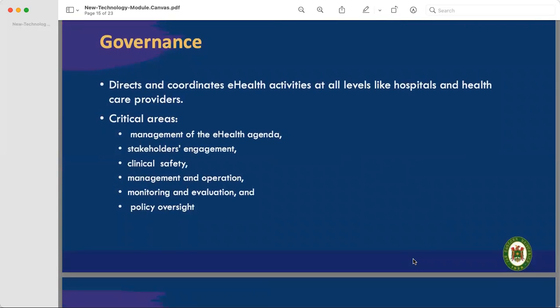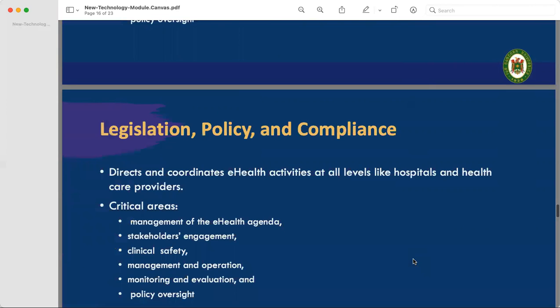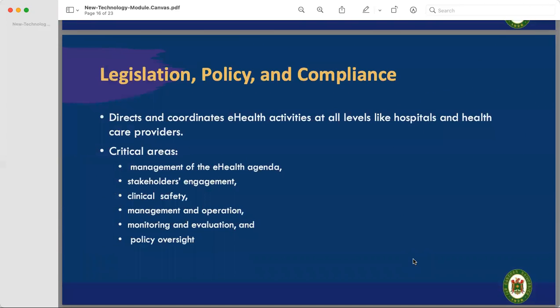Specifically for governance, it involves directing and coordinating e-health activities at all levels, like hospitals and healthcare providers. The critical areas in governance would include management of the e-health agenda, stakeholders engagement, of course, clinical safety, management and operation, monitoring and evaluation, and policy oversight. Right? On legislation, policy, and compliance, it involves directing and coordinating. Also,